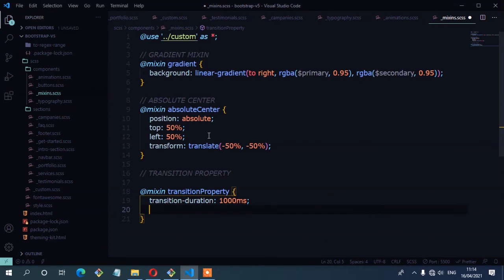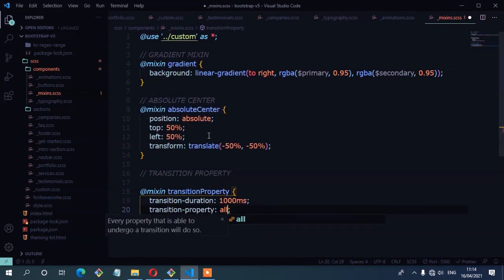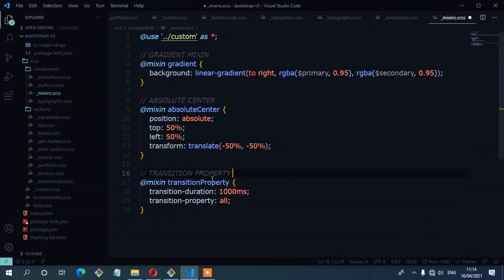Another property you need is the transition property. So we have transition property. So here I'm going to set it to all, and then I'm going to save. Then you're going to include this mixin where we have that hover effect or any other place that you want to use that transition. So we have the portfolio,